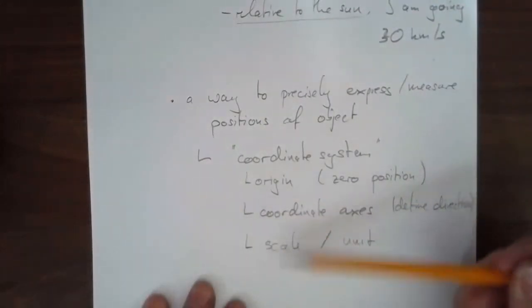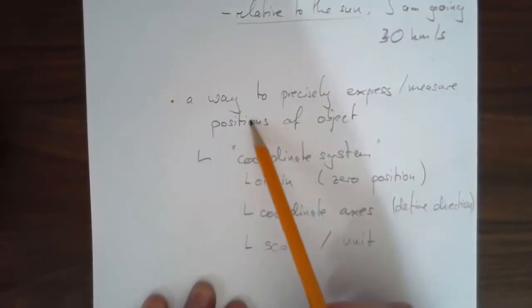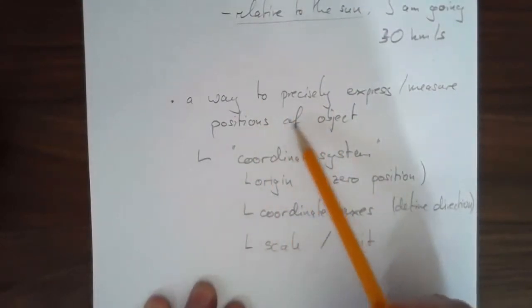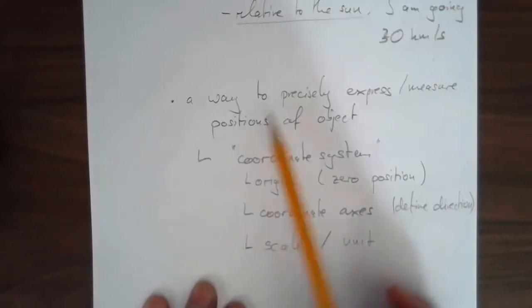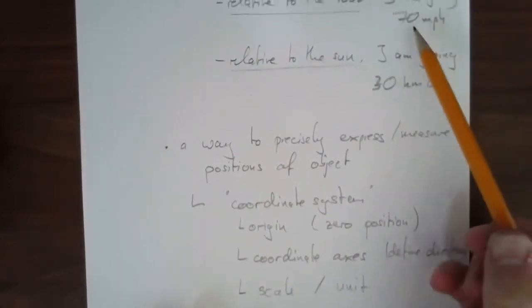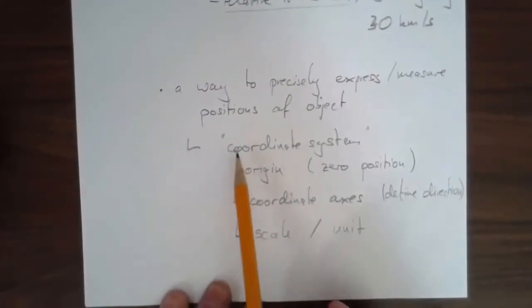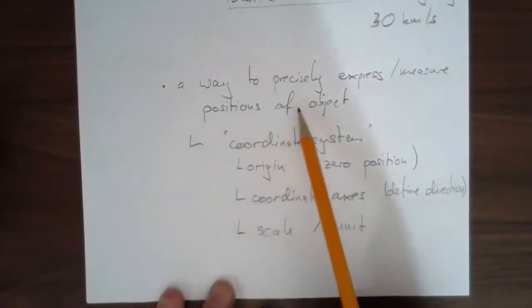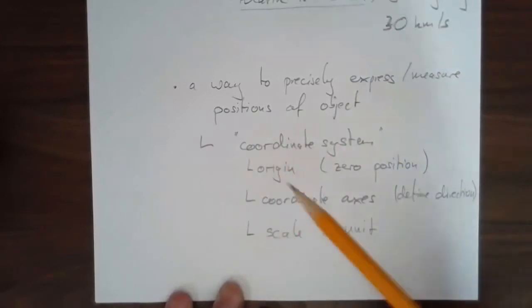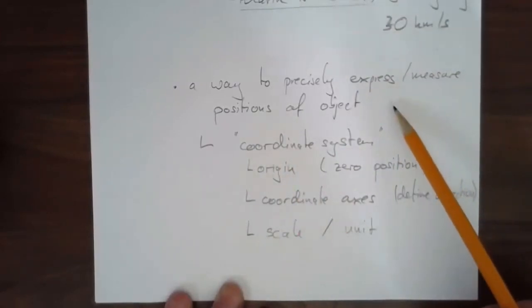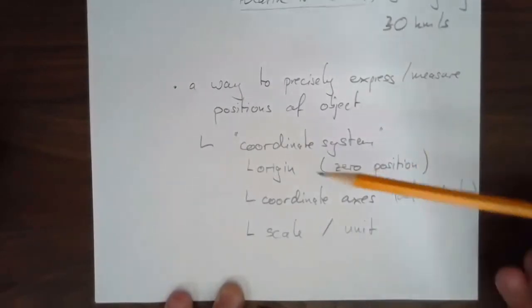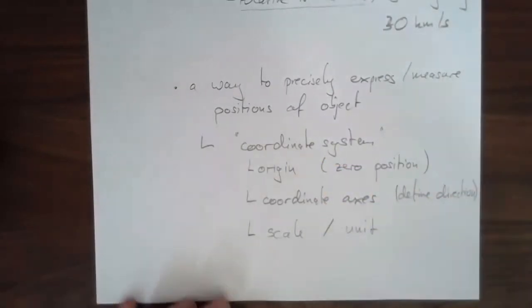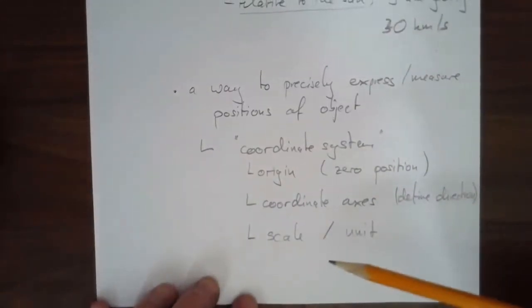All right, and having those, so I've got a notion of rest, right? What does it mean to be at rest? It allows me to talk about how 30 kilometers for the 70 miles per hour. And then I have a coordinate system, a way to measure precisely positions of objects and express in words and numbers where exactly an object is. Right? So this helps us to be precise about it when you want to describe the position and therefore subsequently the motion of